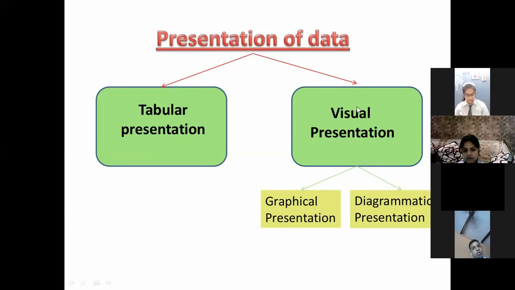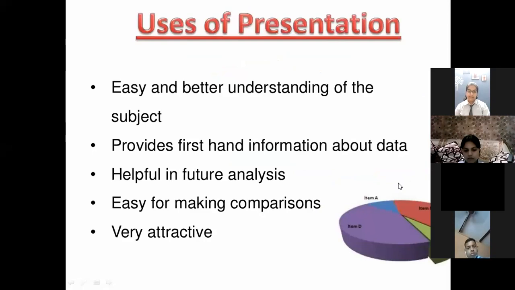That can be in the form of graphs, like we will further study about this graphical presentation, such as the data can be presented in the form of graphs. Graphs means such as simple bar diagram, multiple bar diagram, right? Or it can be in the form of a diagrammatical presentation, like in the form of various ogive curves, like the less than ogive curves, the more than ogive curves, cumulative frequency curves, or the circle graph, also known as pie chart, right?